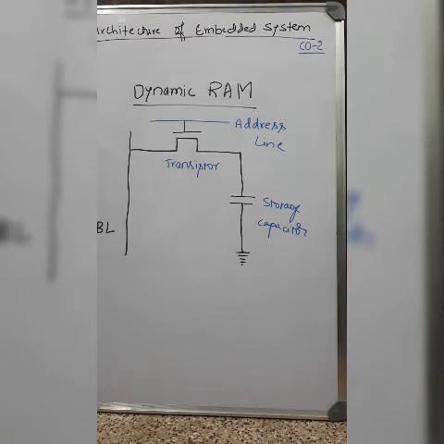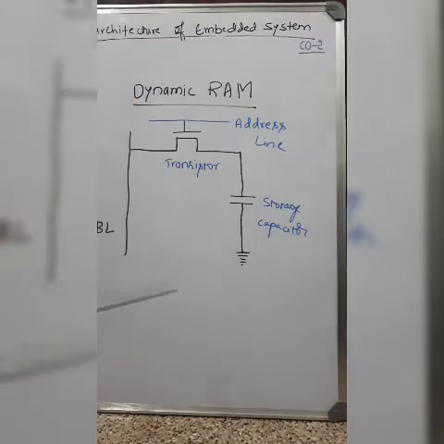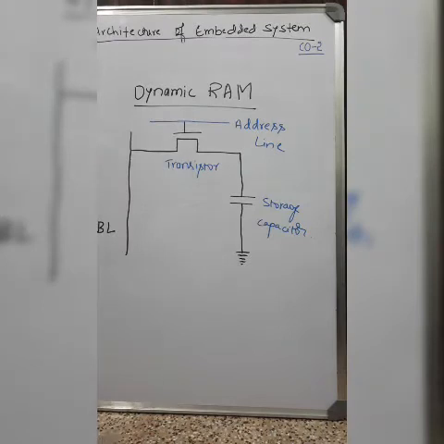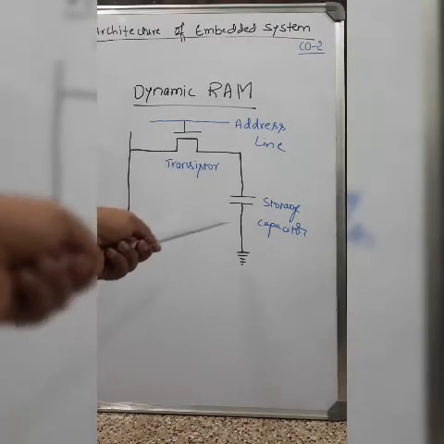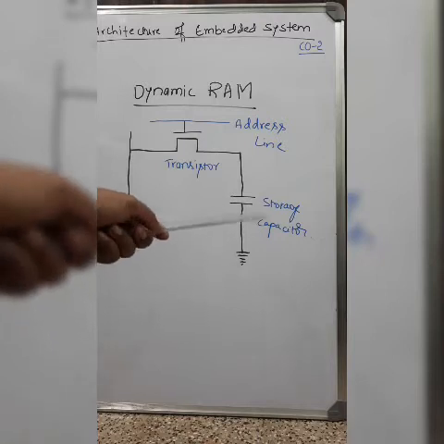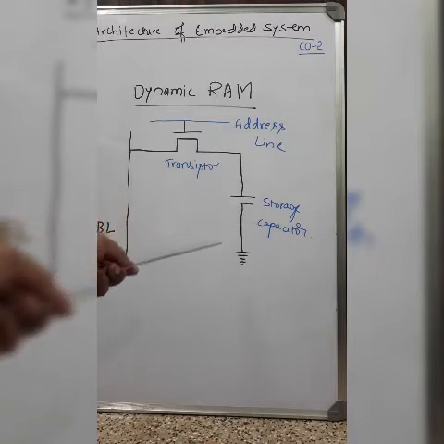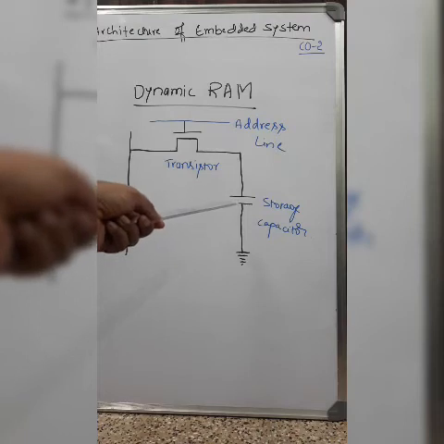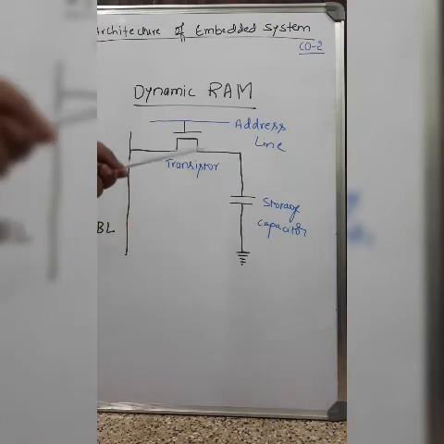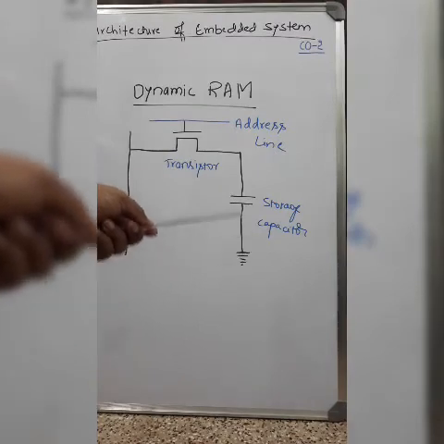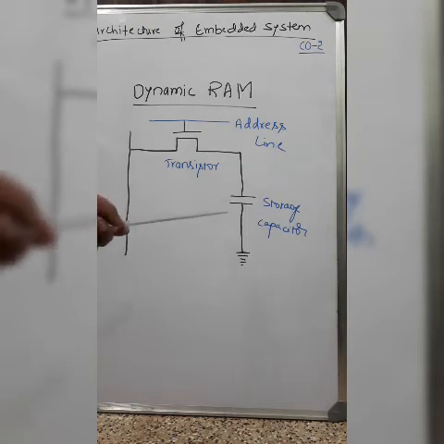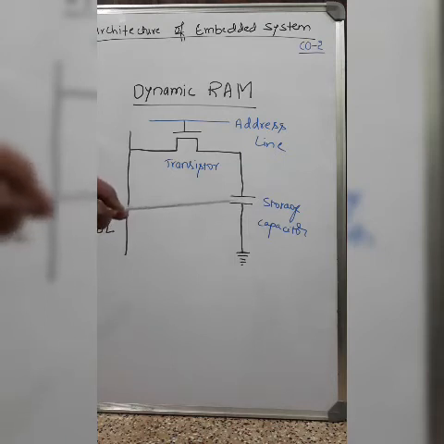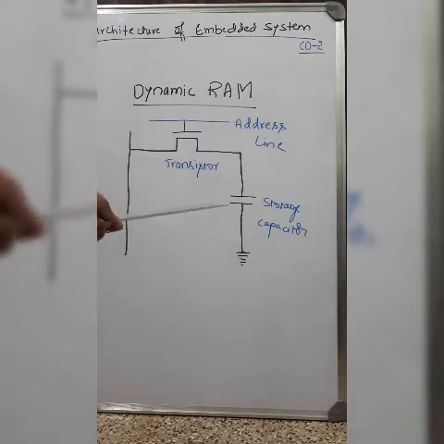Coming to the dynamic RAM. The structure of a dynamic RAM will be like this, wherein there is a storage capacitor and there is a MOSFET transistor, an NMOS transistor. The storage capacitor is used as a cell to store the charges, and those charges will represent the information. Because the information is stored in the form of charges, there is a possibility of leakage or draining out of the charge value from the capacitor. So the information needs to be refreshed often, frequently. So that is the disadvantage of a dynamic RAM.